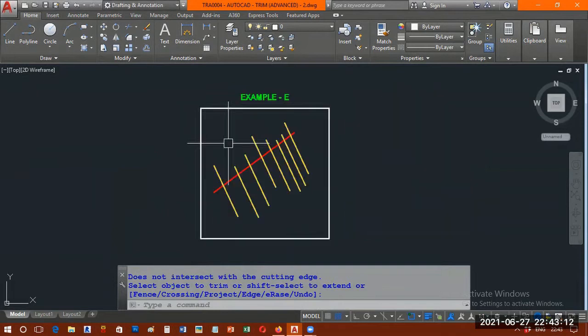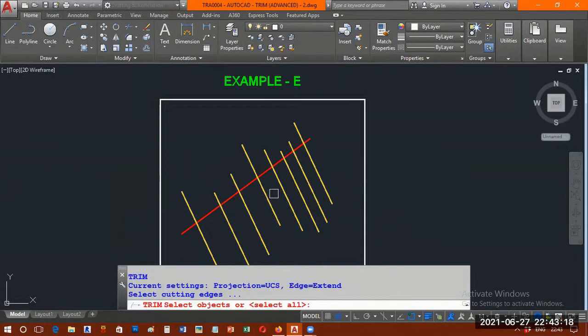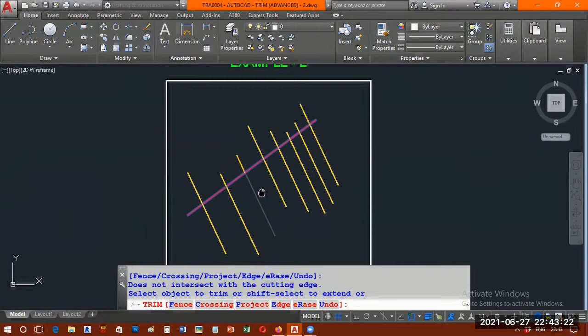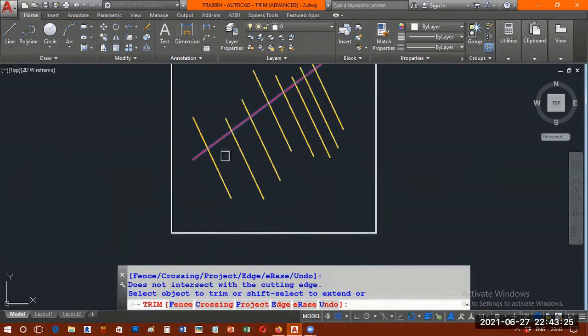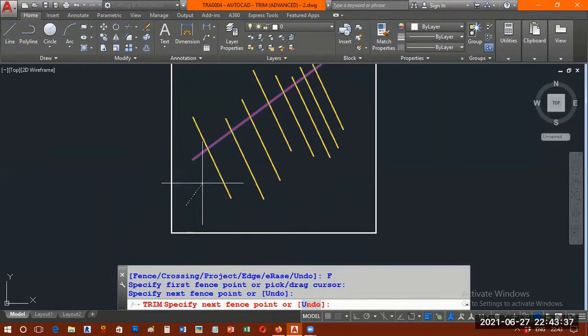I'm going to the next example, E. In this E example, TR, enter. I will select the red color line, enter. Now, when I say TR, enter, select, enter, you have two more options in the bottom side: fence or crossing. If I go to fence, I can add a fence like this: first line, second line, third line, fourth, fifth, sixth, seventh.